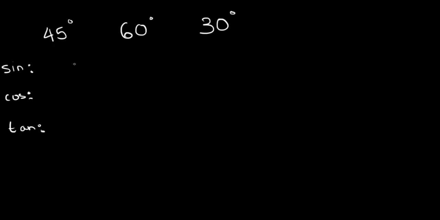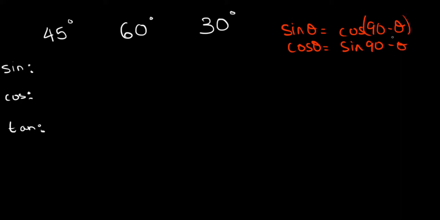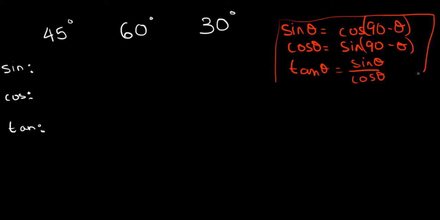Okay, so over here we've just been given the same table. We're just gonna fill it out again. But this time we're gonna use our identities. So let's just take a second to write them out. Then cosine of theta is equal to, and the tangent of theta is the sine theta over cosine theta. So those are our identities. We're just going to be working with these throughout. Okay, so the sine